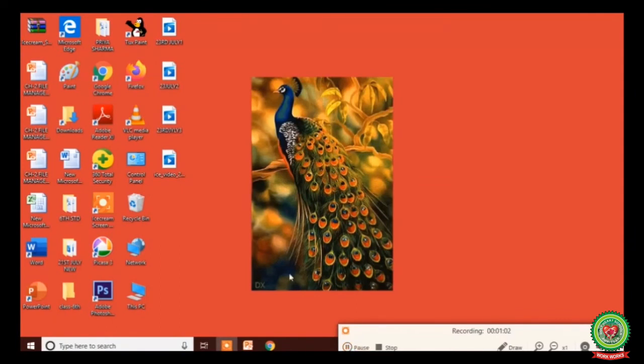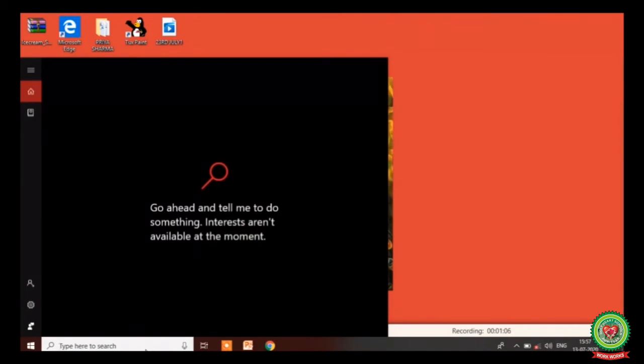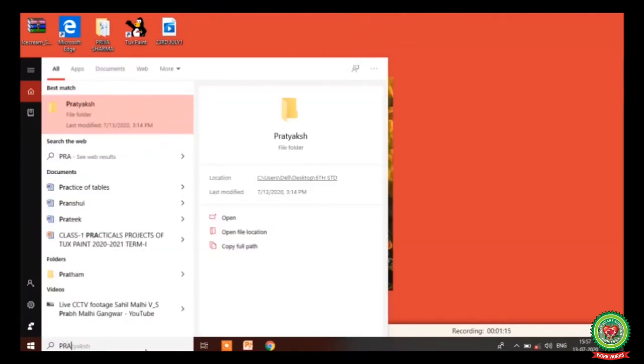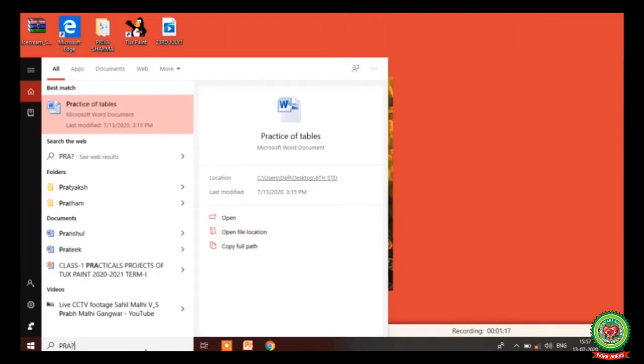Now again click on search box and type the name of the file that you want to search. For example, I'm going to type here PRA and 3 question marks.